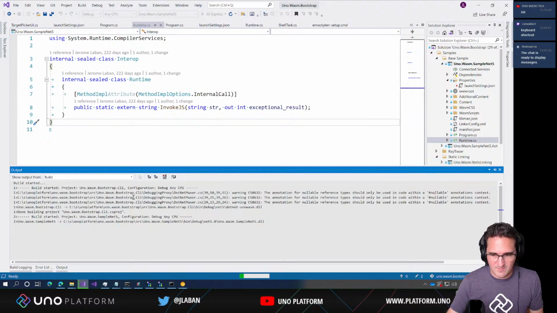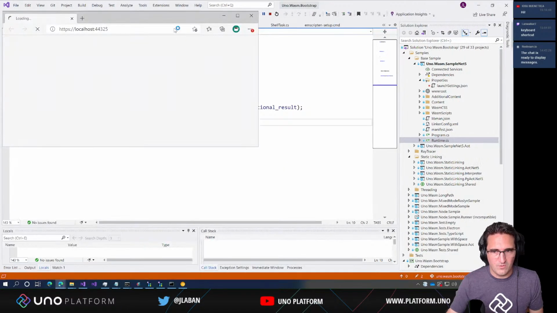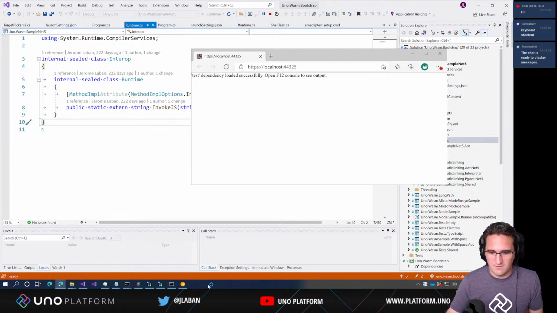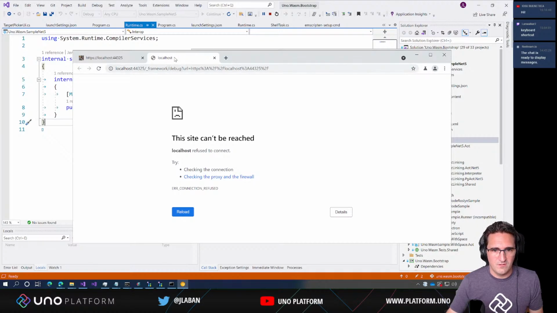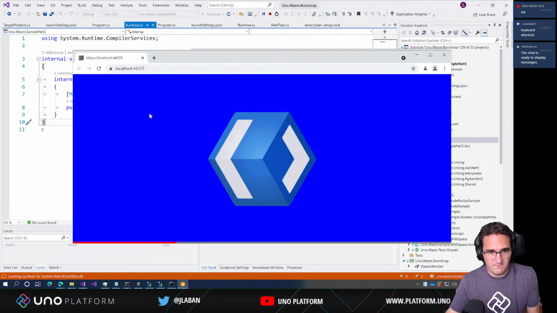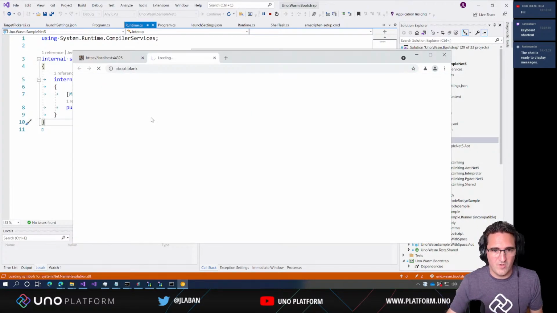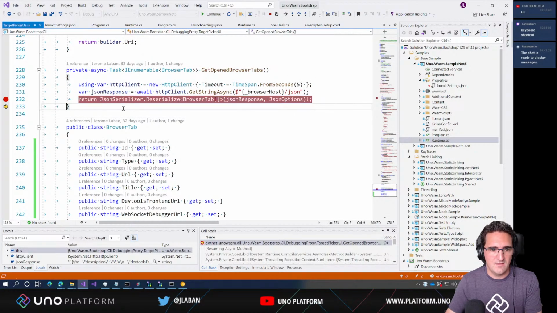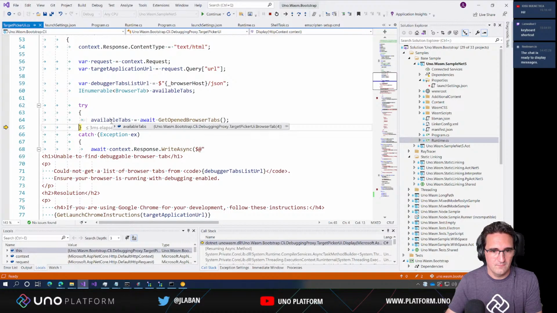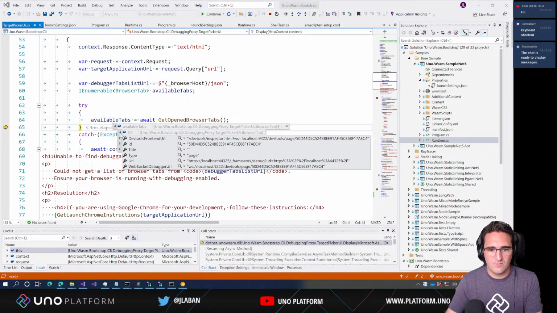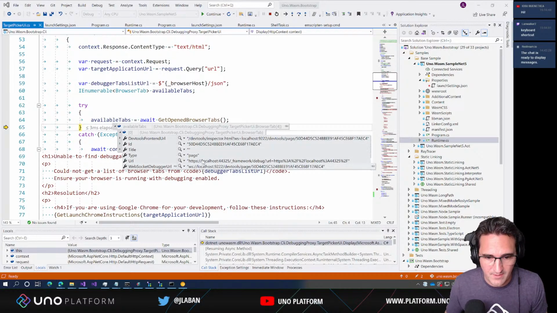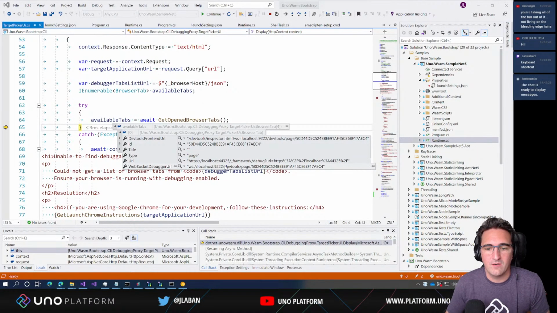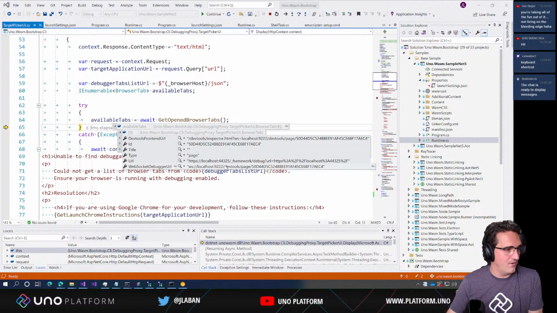Okay, so the CI has been built. And we're starting it again. So now we have to go to the other browser and refresh this. Launch the debugger again with Alt, Shift, and D and see if we have the right deserialized response now. Yes, we do. Okay, so we have the dev front-end URL, the ID, title, type, and the WebSocket debugger URL that is actually needed for the whole thing to